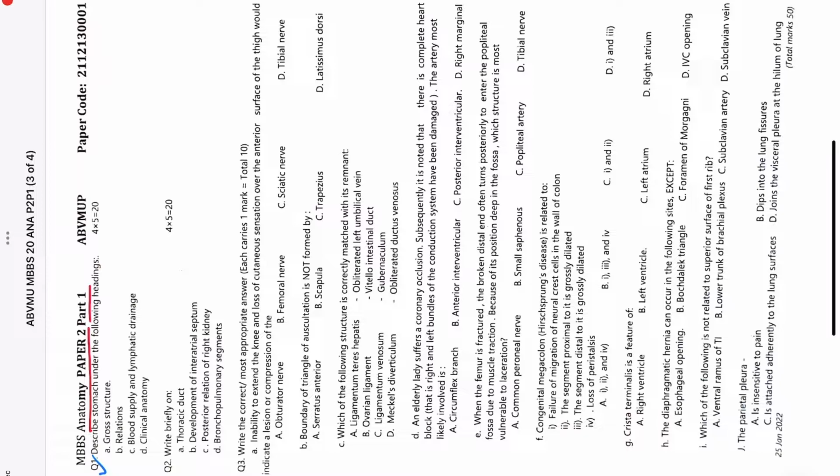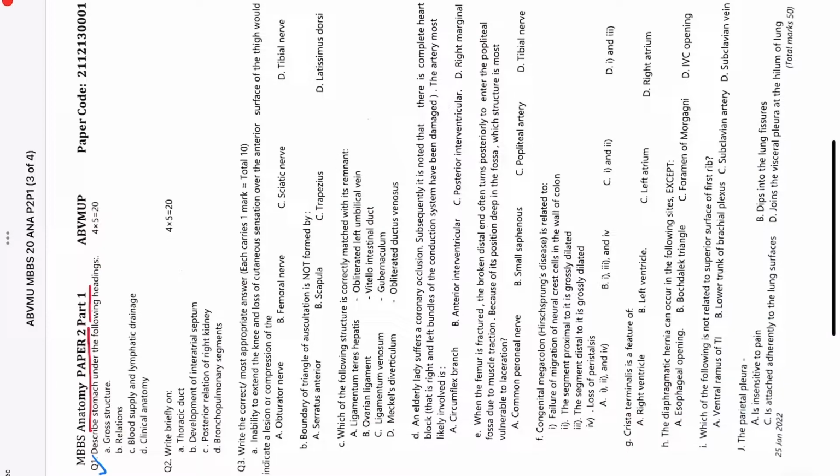Question number 2, write briefly on thoracic duct. These are very important questions. Don't miss them before going for the exams. Thoracic duct, it's the largest lymphatic channel ascending up from the cisterna chyli through the aortic opening in the diaphragm at the level of T12 on the right side of the abdominal aorta, ascending on the right side of the